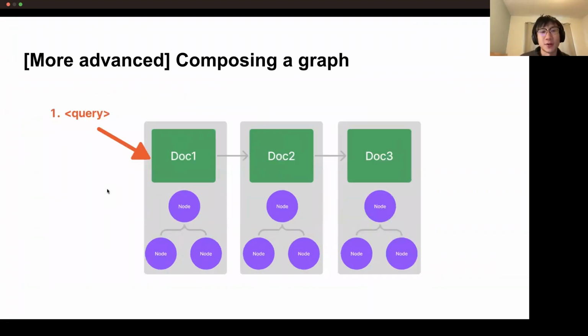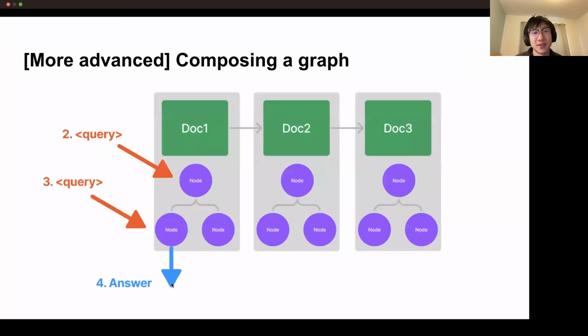Just to give you a sense of how this works, during query time, once you actually compose this graph structure, the idea is that you would have a query and it would first hit the top level list index. Once the query hits the list index, it would take that query and route it to each node within the index, similar to just a list index by itself. Once it hits each node, it would then route the query down to the sub-index as well to synthesize